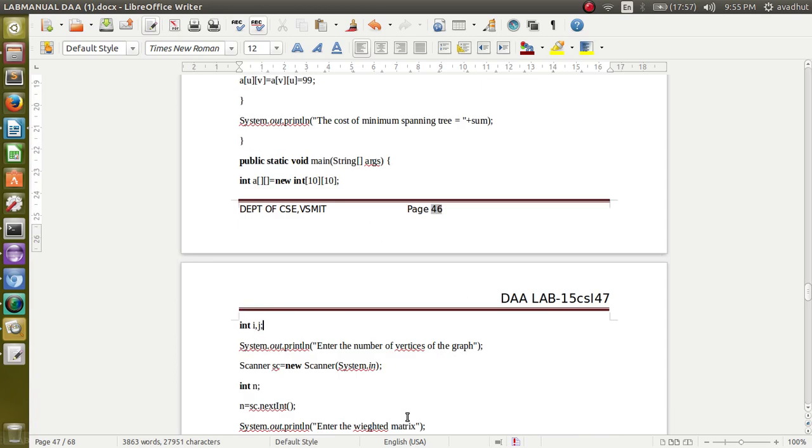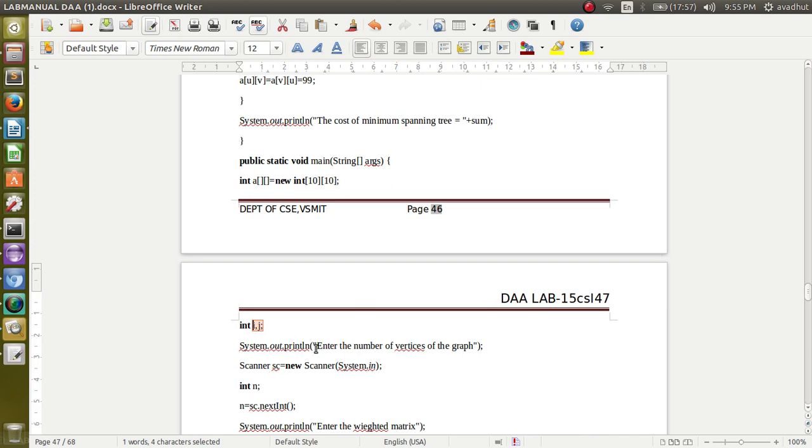So here next we will see the main function. In the main function we have a of ij, that is an array. We are declaring a 2 dimensional array, where both row size and column size are 10 and 10, and also we are declaring 2 variables that we are using in the loop, those are loop control variables.